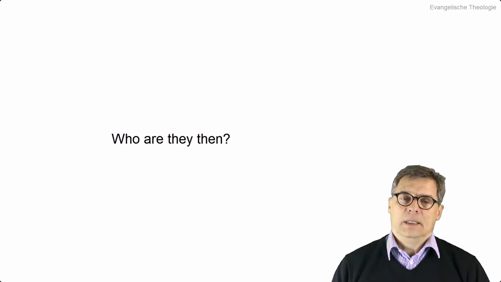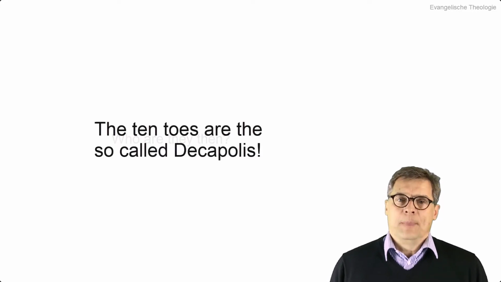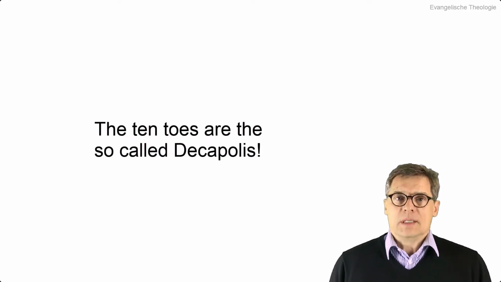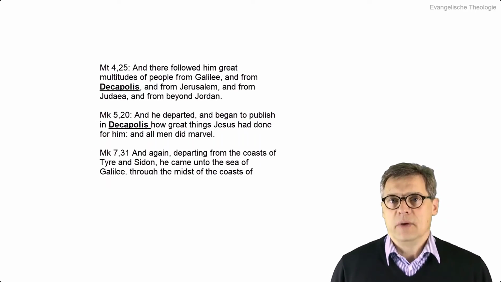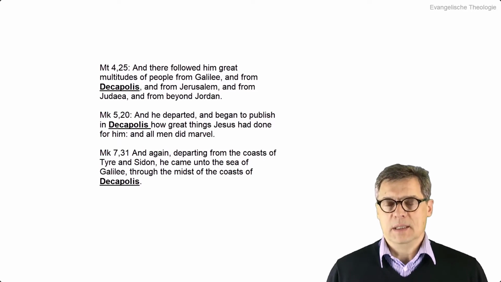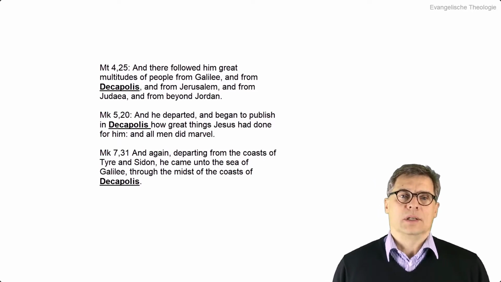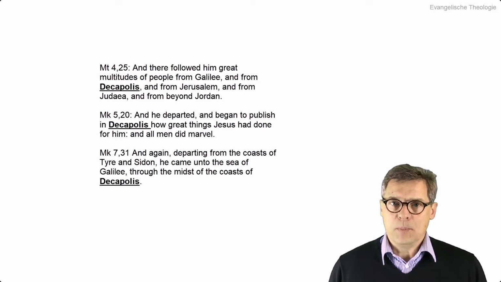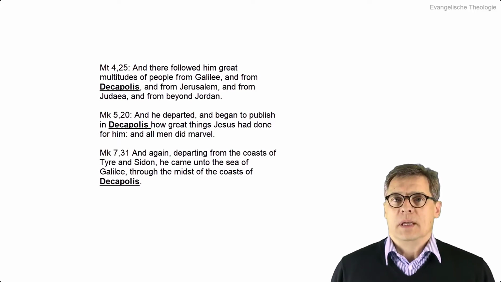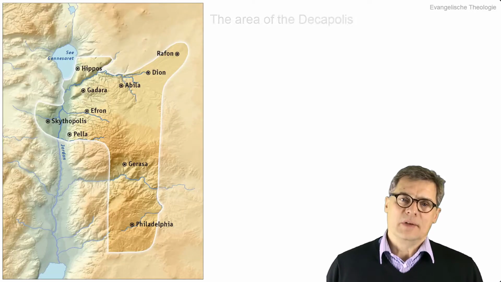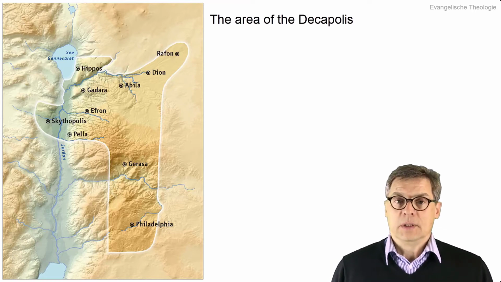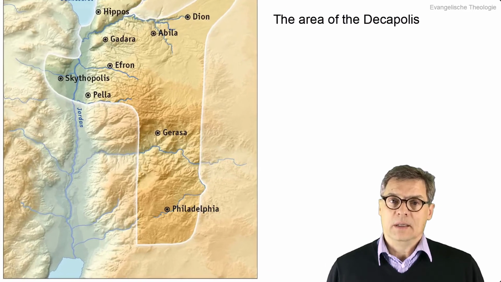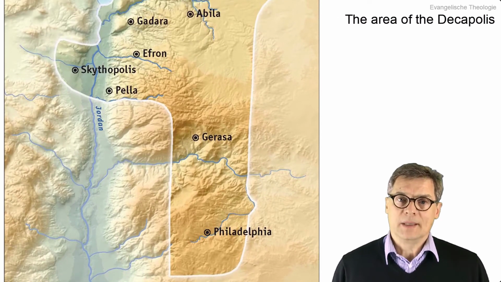The 10 toes are the Decapolis. The Decapolis is known to us all from the Gospel of Matthew and the Gospel of Mark. Jesus was in Gadara and freed the obsessed Gadarene from his demons. The Decapolis was in the eyes of the Jews a very dark area. There was a lot of darkness, from pig breeding to occultism and obsession. The Decapolis existed from 10 AD to 150 AD, made up of 10 cities, later sometimes more than 10 cities, but the name Decapolis has been preserved.